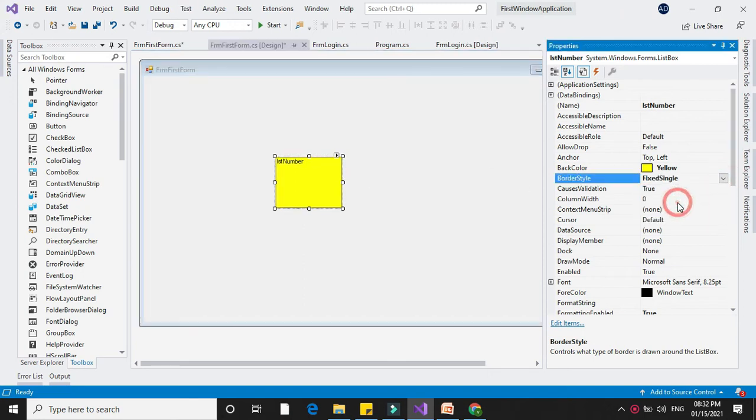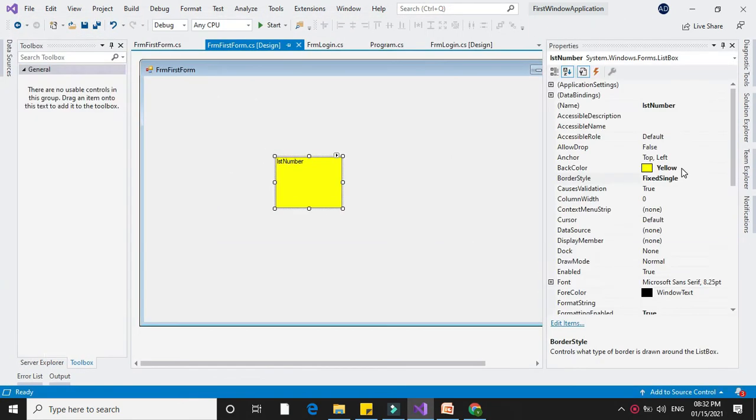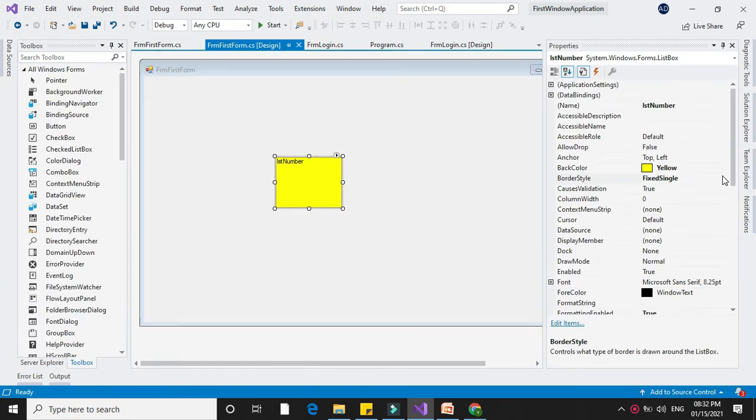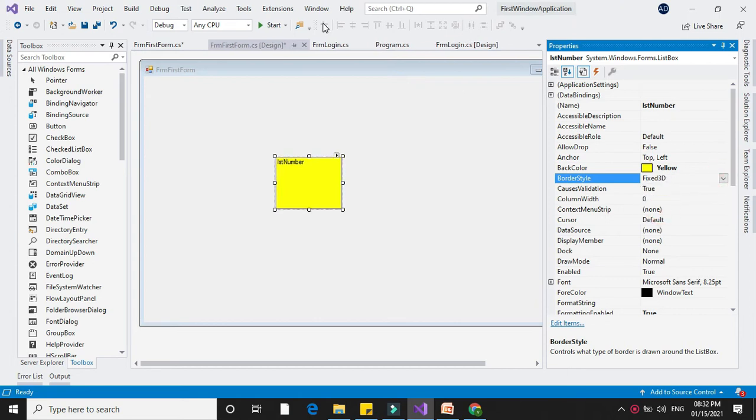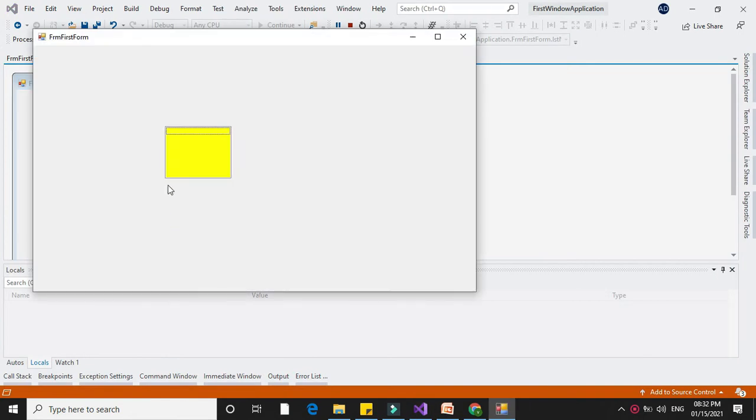If we give FixedSingle and if we run, it will display the border with the list box. And if we give Fixed3D and if we run, it will change the background to a three dimensional look.